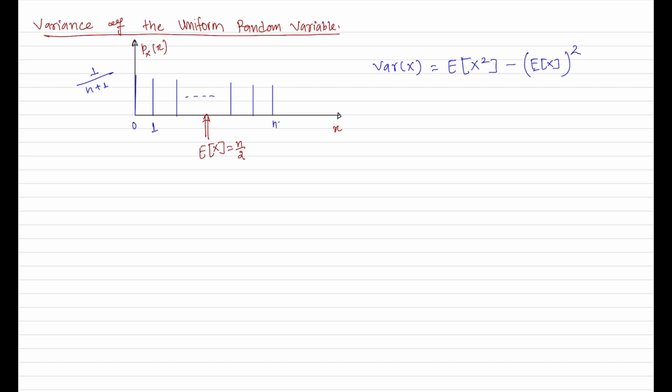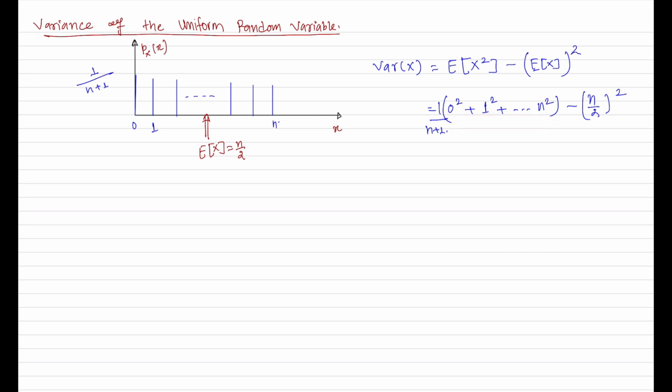So if the random variable is taking the value 0, x equals 0, then x square will take the value 0 with the same probability, and if the random variable is taking the value 1, then x square will be 1 square, and so on, and each will have equal probability. So this is the expected value of x square, minus the expectation, or the mean, of this random variable x, that is n by 2, so that will be n divided by 2